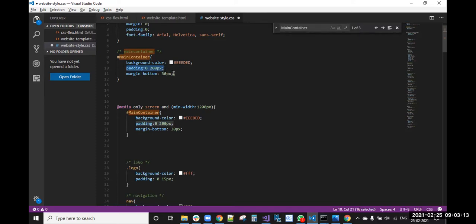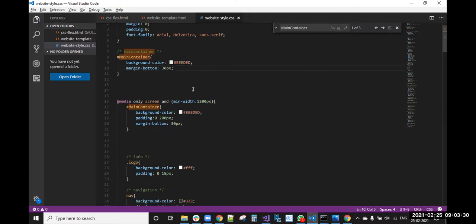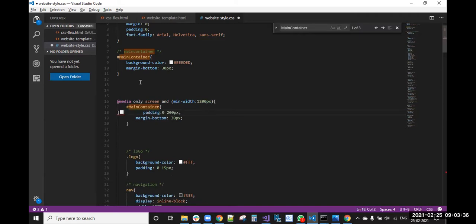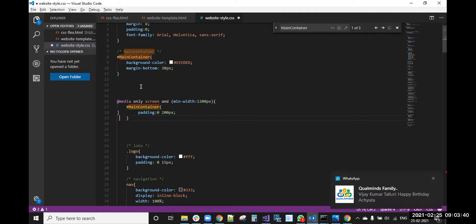And padding 0 200 pixels, margin bottom 30 pixels, these are the common properties. In any screen, this will be common, but this padding is there, right? In small devices, we don't require this much padding. That will be removed here. Then this background color is not required here because we have given it outside only. This margin bottom also is not required.